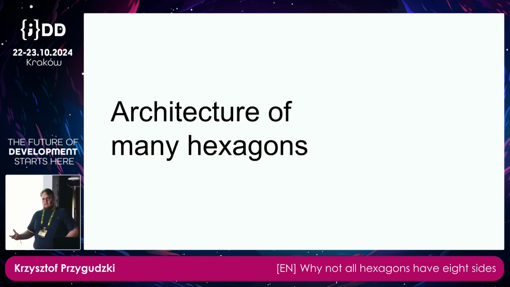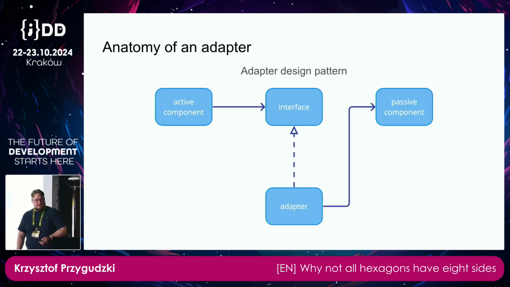So the point I'm trying to make here is that perhaps hexagonal architecture is not just an architecture of a hexagon, but rather an architecture of many hexagons, right? And it can help us with breaking the monolith into more modules and doing it cleanly. So let's maybe take a closer look at the adapters and how they work. I have mentioned before that